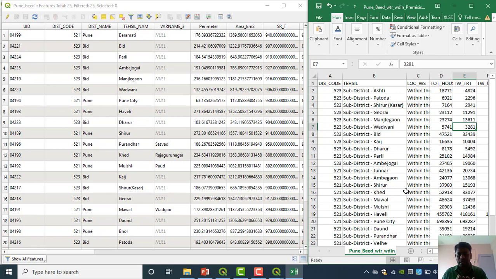Are you getting my point? If we have to join two things together, then some uniqueness should be there. On that unique field, the data will join.